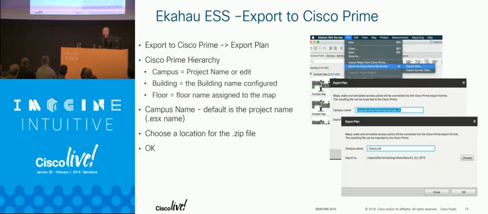Ekahau's newest product, and this has been around for a long time. I don't know if any of you know that you can export the Ekahau drawing, the plan, and all the walls and things that you've done within that, and you can import that directly into Prime. And Prime will take that and make a hierarchy out of that. You can put the campus, the building, the floors, and all of the architecture that you drew in there. And what that gives you is a well-scaled map and the AP placement. The APs are going to come up in planner mode, and you get a choice.